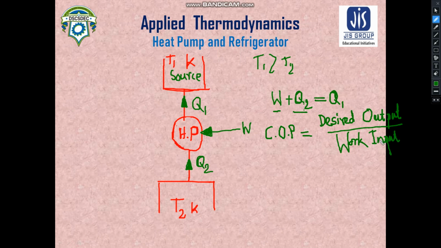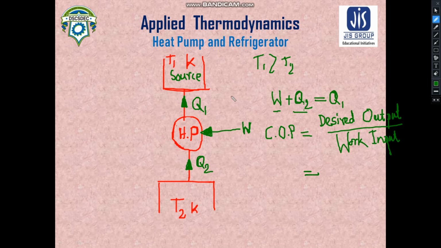Your desired output is that you need to transfer this Q2 heat, and for that purpose, work W is given to you as your input. Afterwards, finally you'll see that this Q1 heat, this high temperature heat Q1, is rejected to the high temperature source. Okay, so your desired effect, now remember that according to your desire, sometimes we are concerned about the high